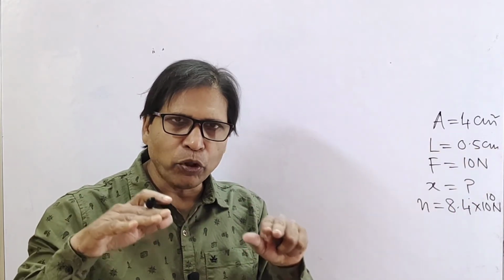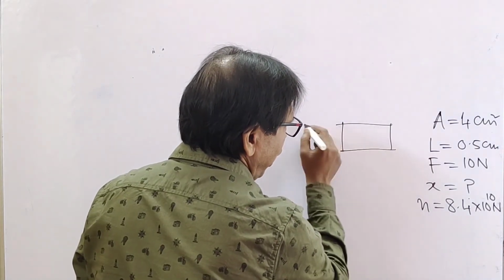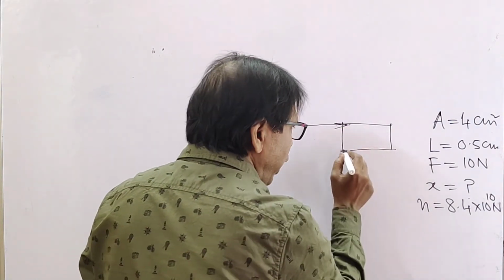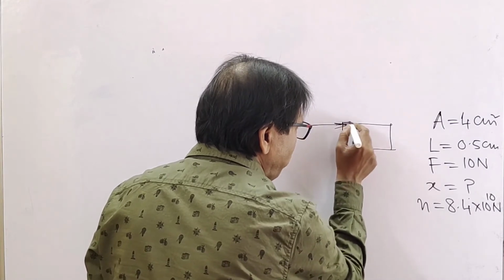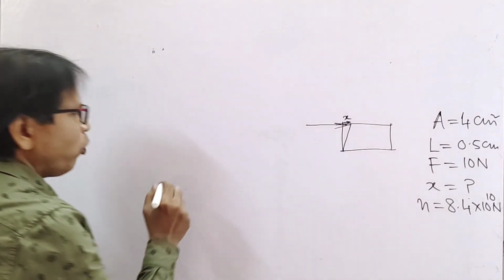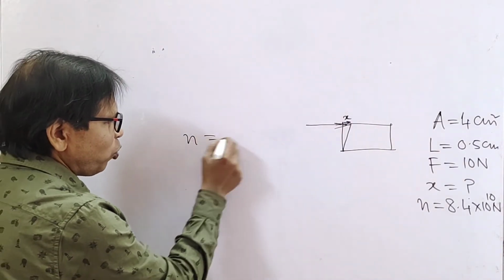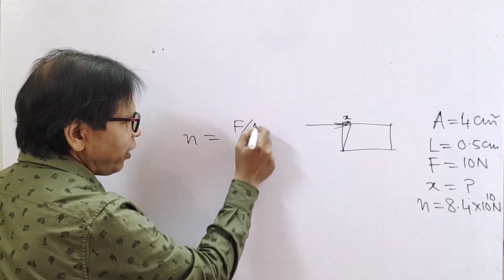A tangential force acting on the upper surface. Look at this. This is the upper surface. Now we have to calculate the displacement of the upper surface with respect to the lower surface. This is the x. Now from the definition of N, we know N equals the shearing stress divided